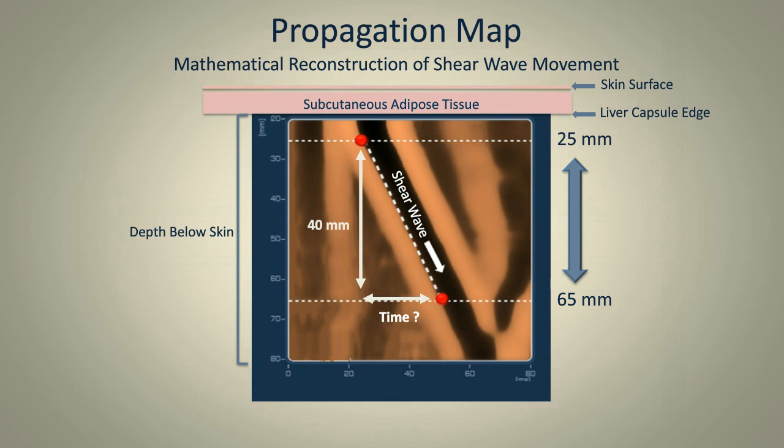But ultimately here, on this slide, you're measuring about 40 millimeters of liver tissue. It starts about 25 millimeters below the surface of the skin and goes to about 65 millimeters. So ultimately, the key is to ensure that you're in the liver when this transducer actually starts measuring the liver. It becomes a little bit complicated when you have a morbidly obese person where your skin surface to liver capsule edge is more than 25 millimeters. And I know that the company is working on some technology to help with that.